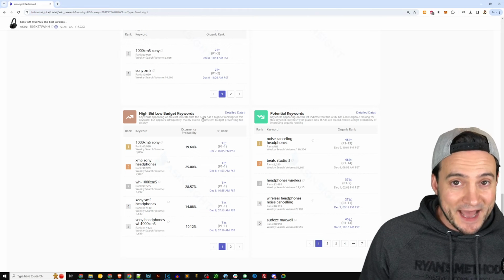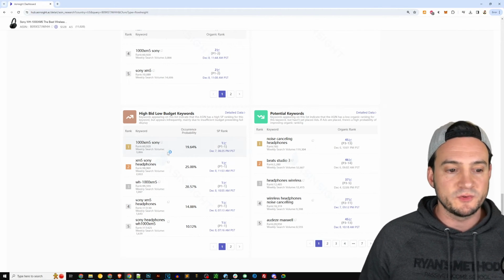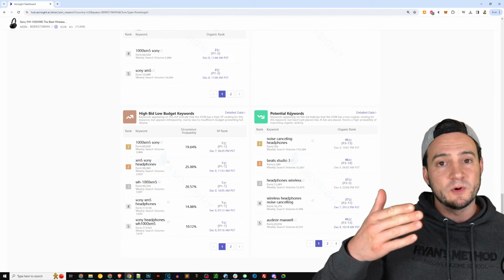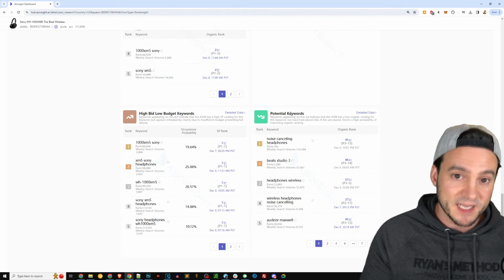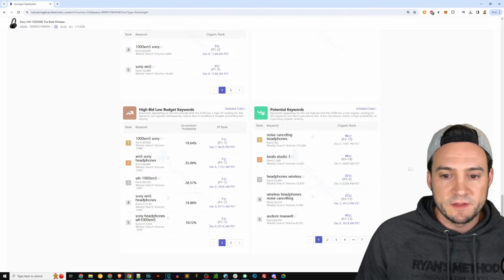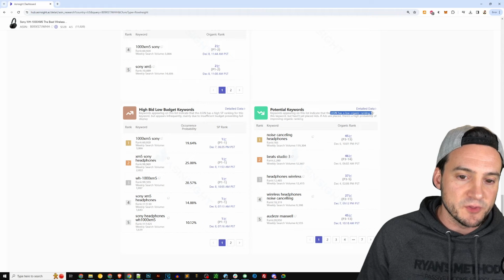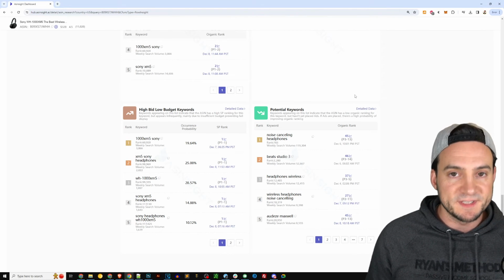Anybody managing the ads, I would assume for a big brand like Sony somebody's managing them, may want to consider increasing their budget there. Because also when you run out of budget, guys, you're letting your competitors occupy that same space that you would have occupied for less money. Think about it. It's almost like game theory. And potential keywords as well that you might want to focus on. You have low organic rank on those keywords that may be potentially very relevant for increasing your traffic and increasing